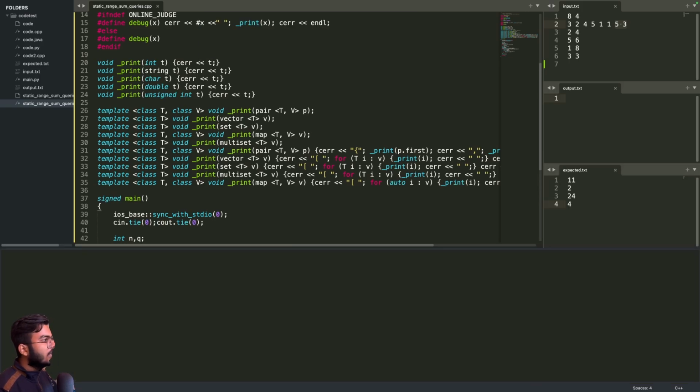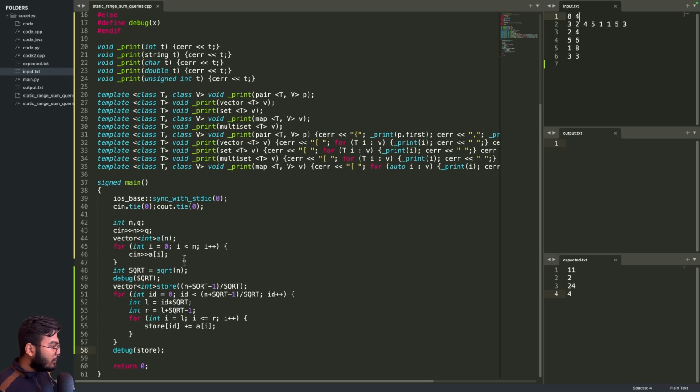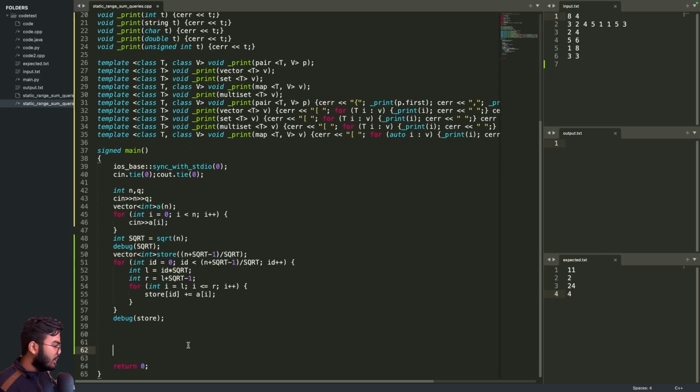Okay, and when I do that, you will see 5, 9, 2, 8. That was what we were expecting, right? 3 plus 2 is 5, 4 plus 5 is 9, then 2, and then 8. So this is my store array. Now when we want to query it, let's say while q minus minus,